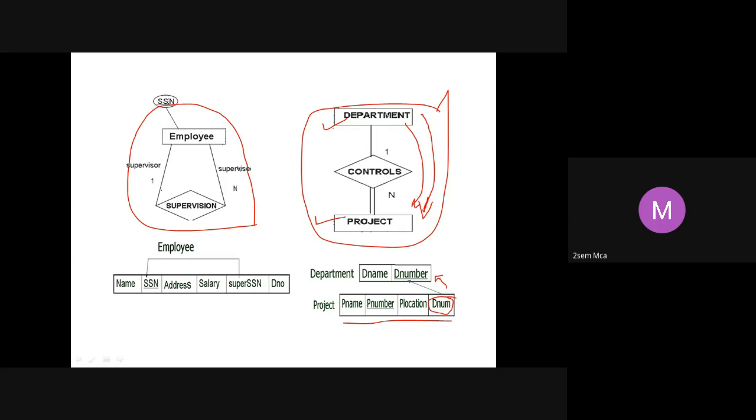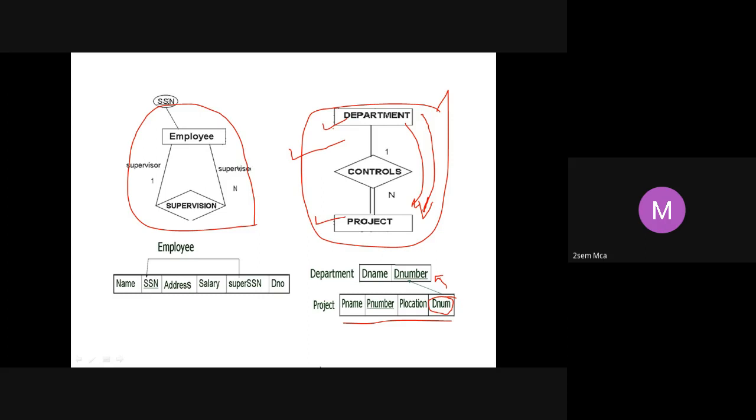We don't have 2 different entities; we have only one entity which is participating in different roles in this relationship called supervision. So supervision is a recursive relationship.